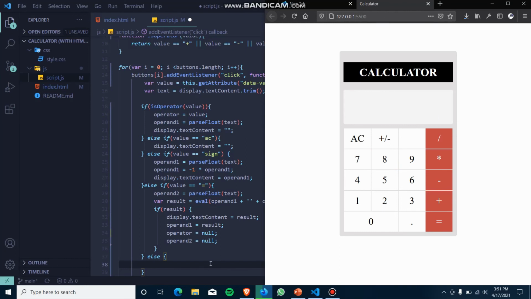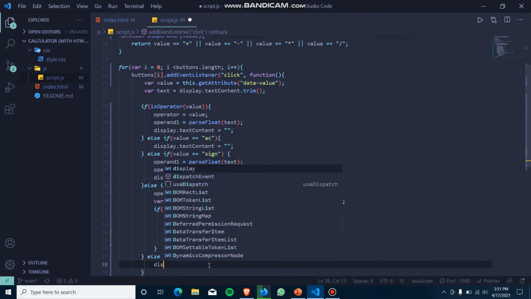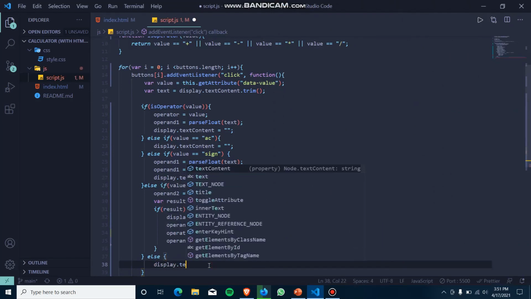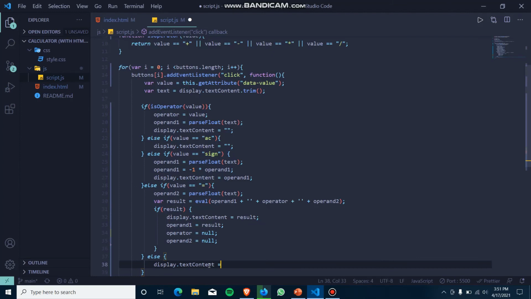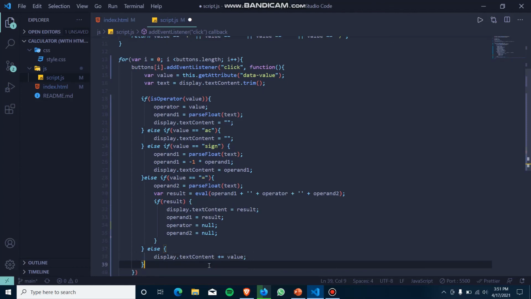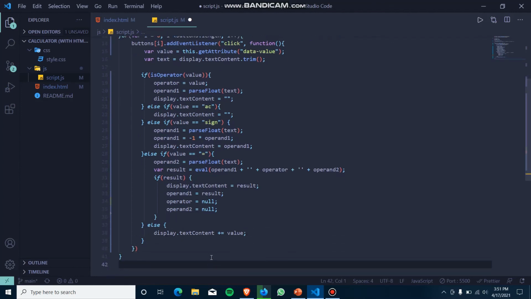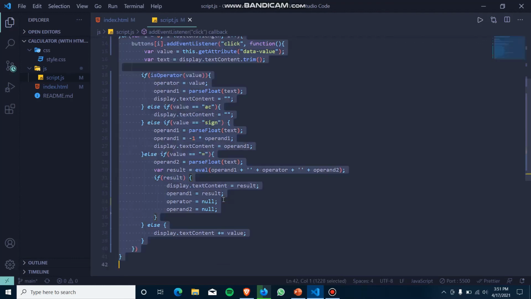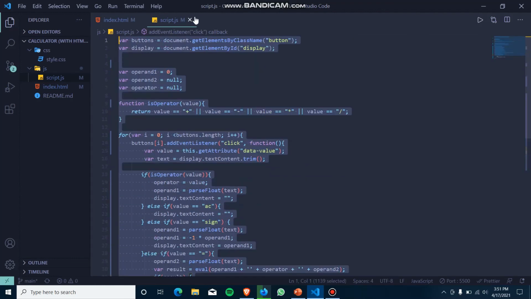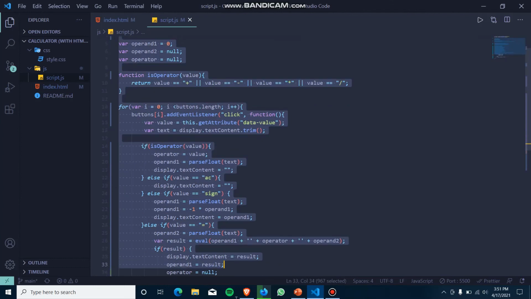So for that we have to write display.textContent plus equals to value. Okay, nice. So this whole is my JavaScript code for the calculator.